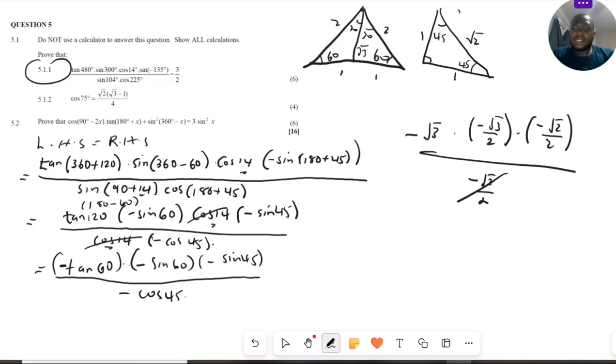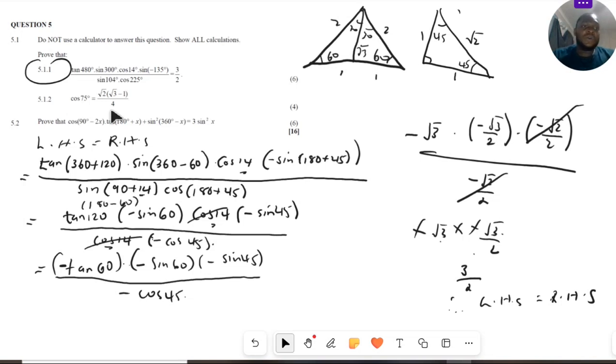This one will automatically cancel out with this one. Then you're remaining with a negative square root of 3 times negative square root of 3 over 2. Negative root 3 times negative root 3, you're going to get 3 over 2. Therefore, left-hand side is equal to the right-hand side. Hence proved. That's how we work upon such kind of a